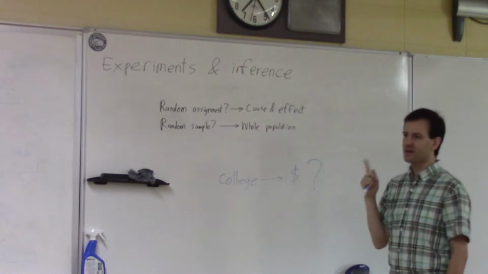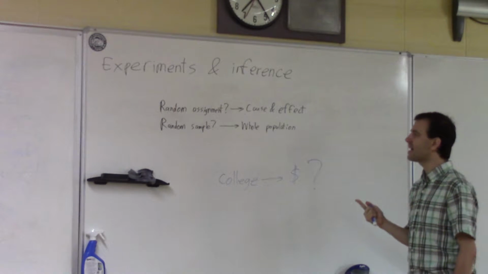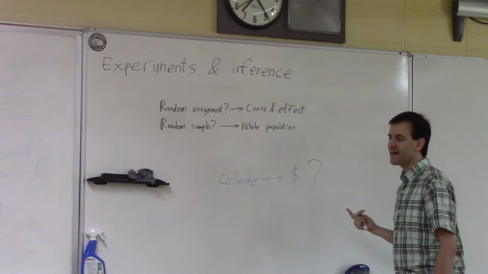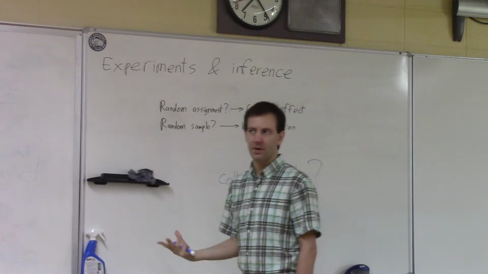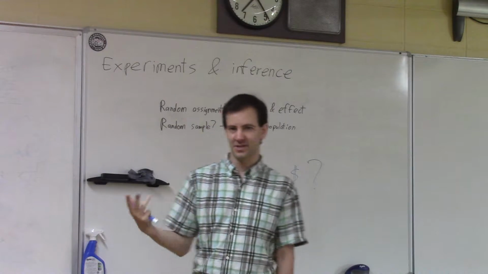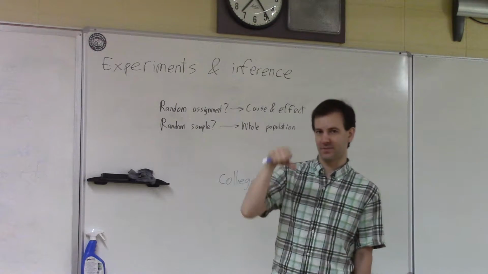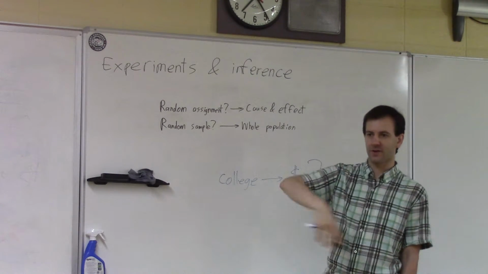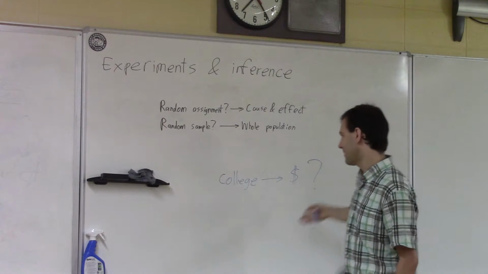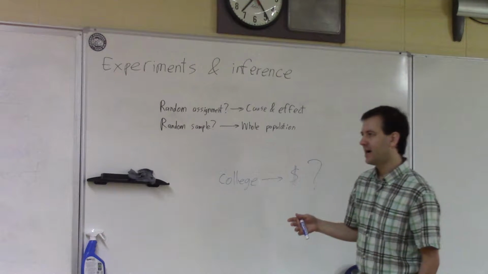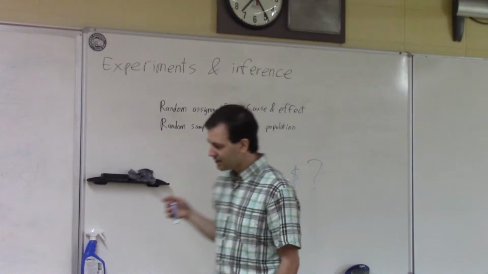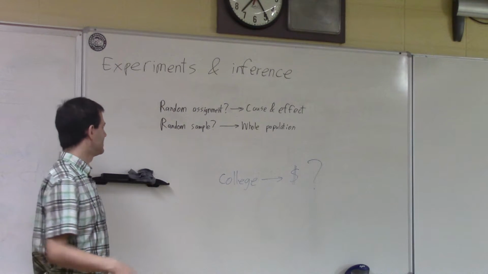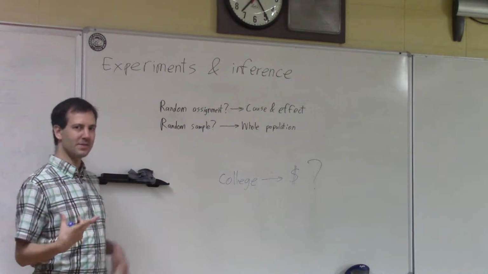And then there's another issue, which is, can you establish that the entire population fits these same rules? Let's say that instead of gathering 50 people randomly from the entire population of the United States, I pick 50 people from Swansea, like the graduating class from Swansea this year, and then I study them over the course of the 10 years afterwards, whether they make more or less money after college. Is that the whole population? Did I really get a random sample from the whole population?